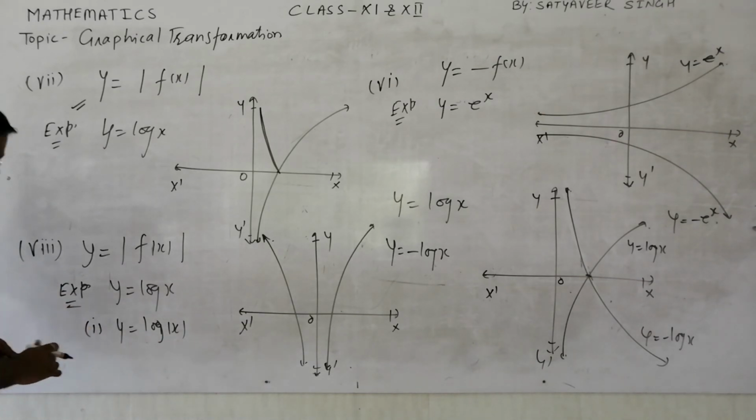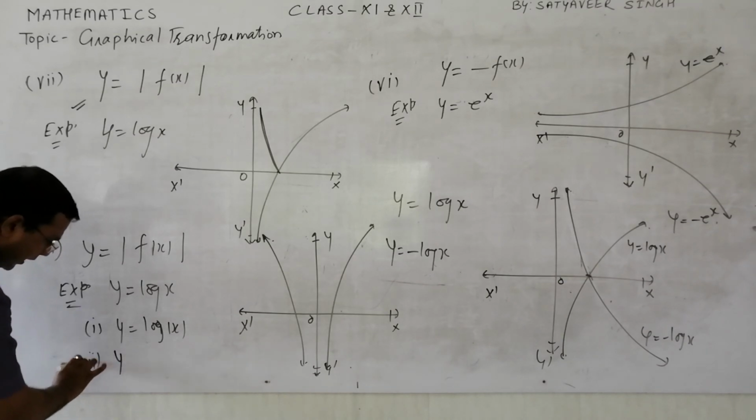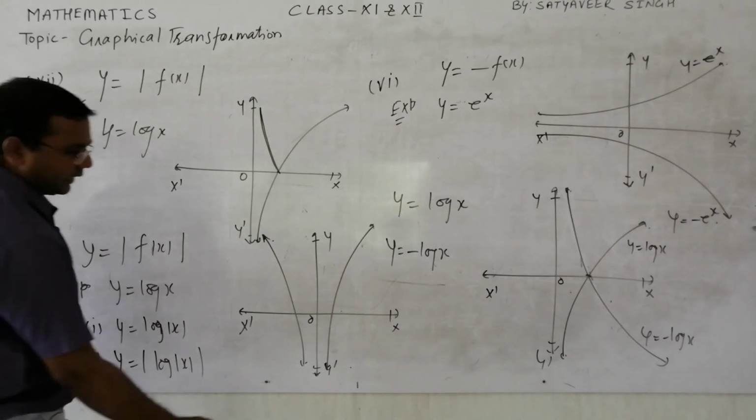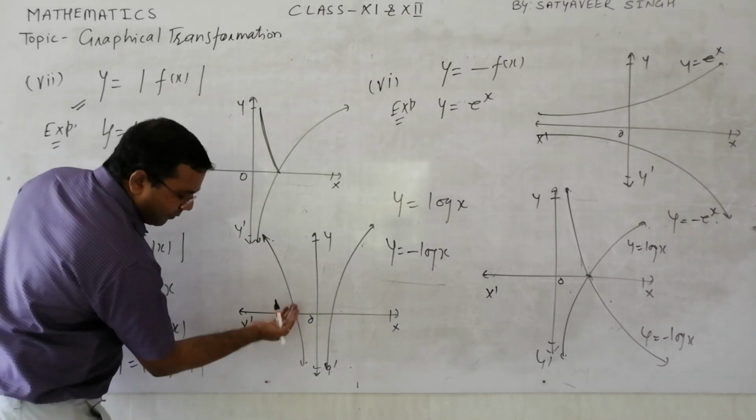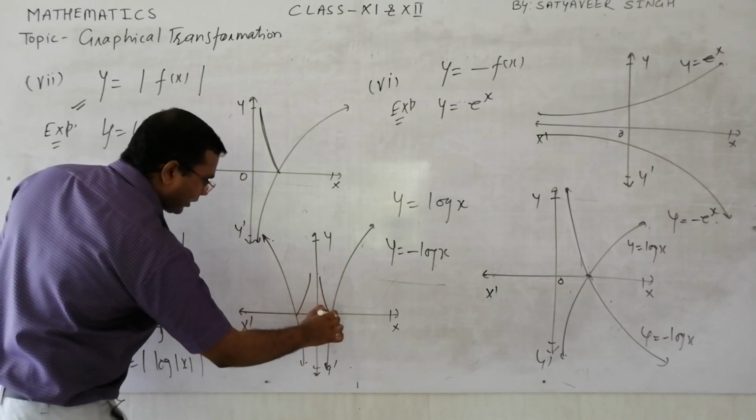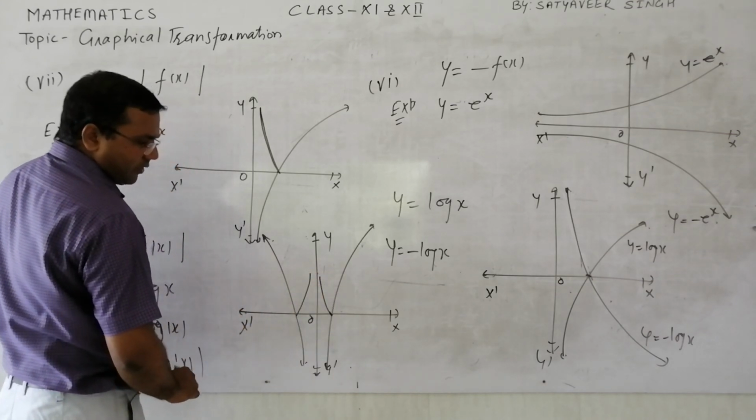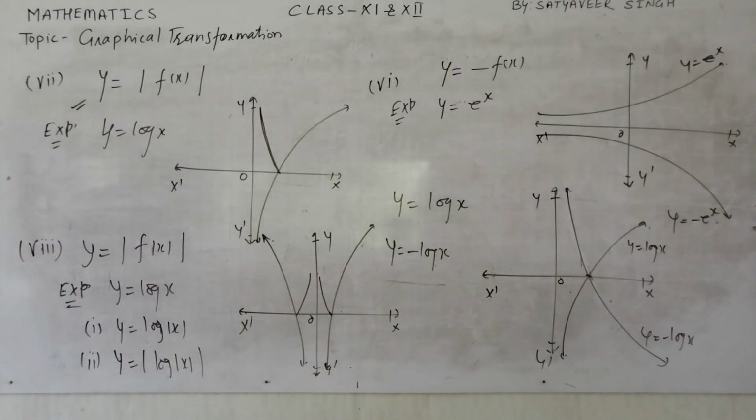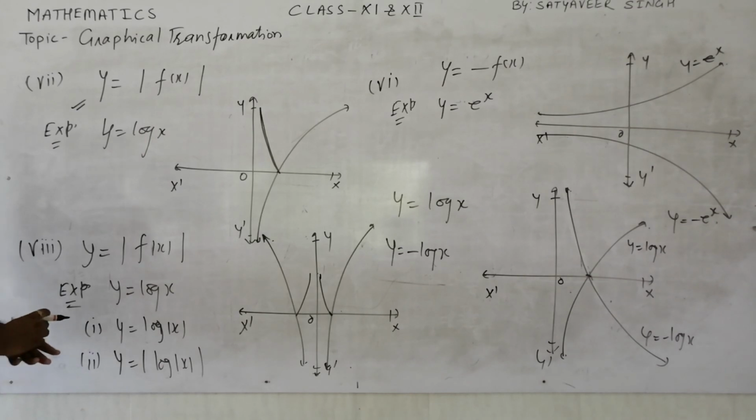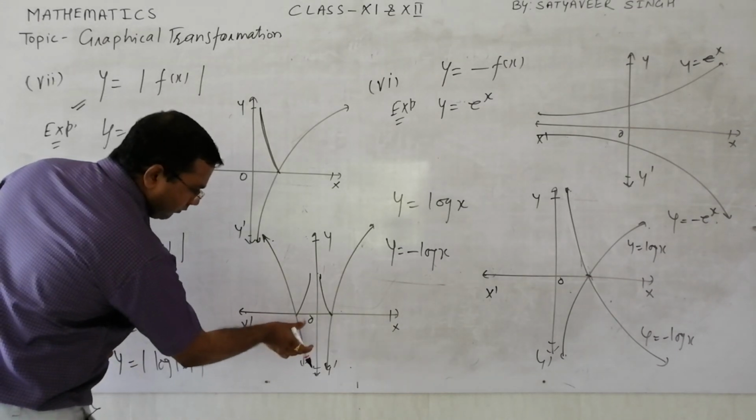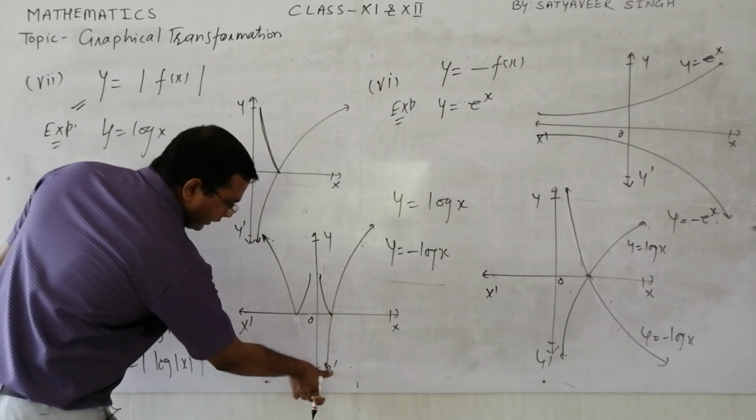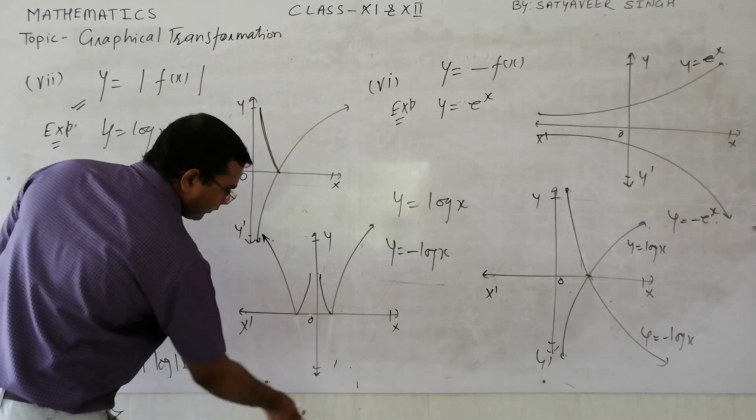And further, this is the second part, y is equal to modulus log modulus x. Then the part which is coming below the x-axis, you will have to transform here. So now you can see this is the representation of a rough sketch. If you rub this part, see this,